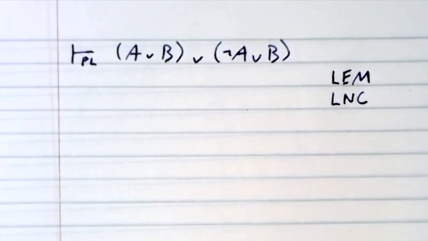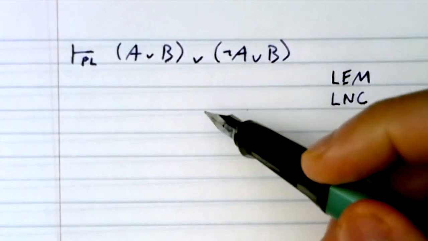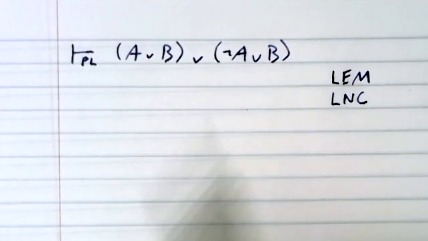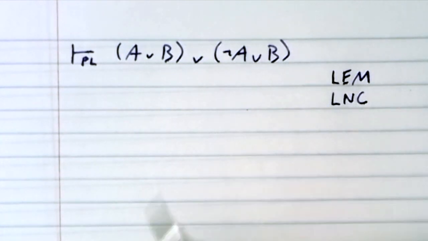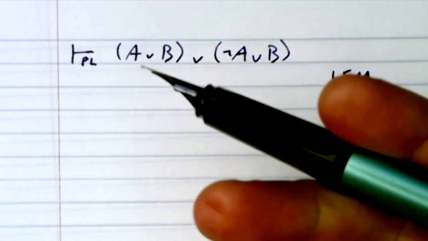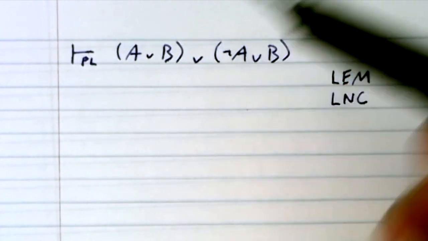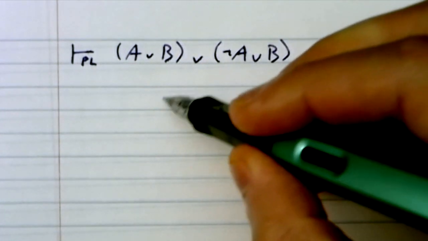Something that's an axiom is something you are free to put on any tree, because it will never take you from a truth to a falsity, because it's always true. It's one of the fundamental assumptions of the system that A or not A is always true, so you can never go wrong putting it anywhere in any of your trees, including at the top. So that's what I'm going to do.